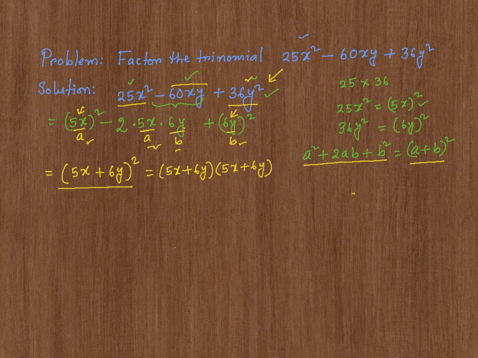So you are, in essence, taking the trinomial and reshaping or restructuring it in such a way so that it fits the structure a squared plus 2ab plus b squared, and then you use the perfect squares